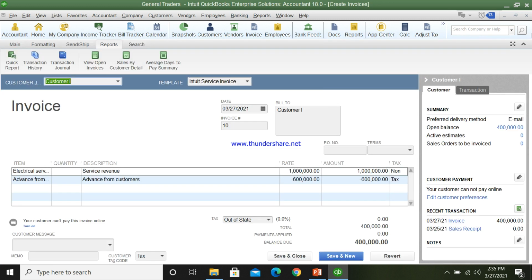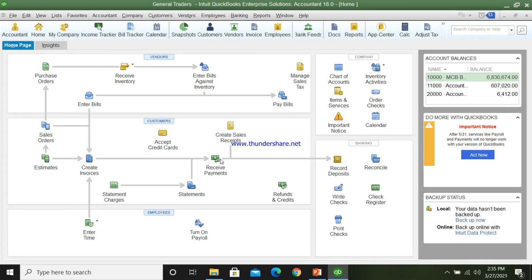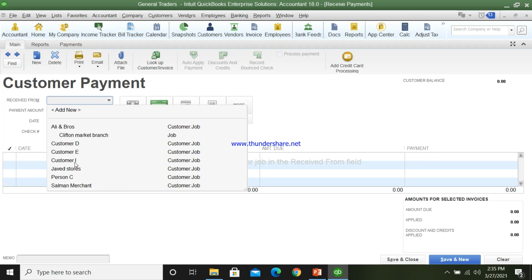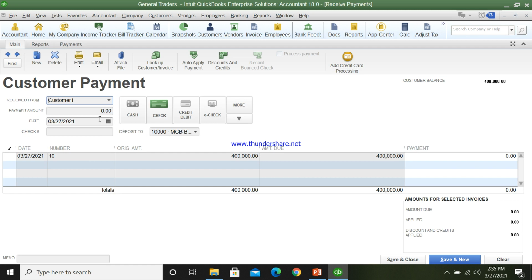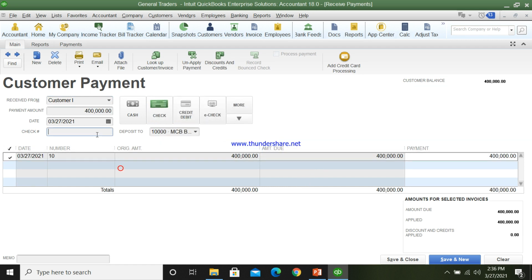So first we shall receive the remaining payment by receive payment mode. Go there and select your customer, which is customer I, and this is the outstanding invoice of 400,000. Select this invoice and write down the check number.